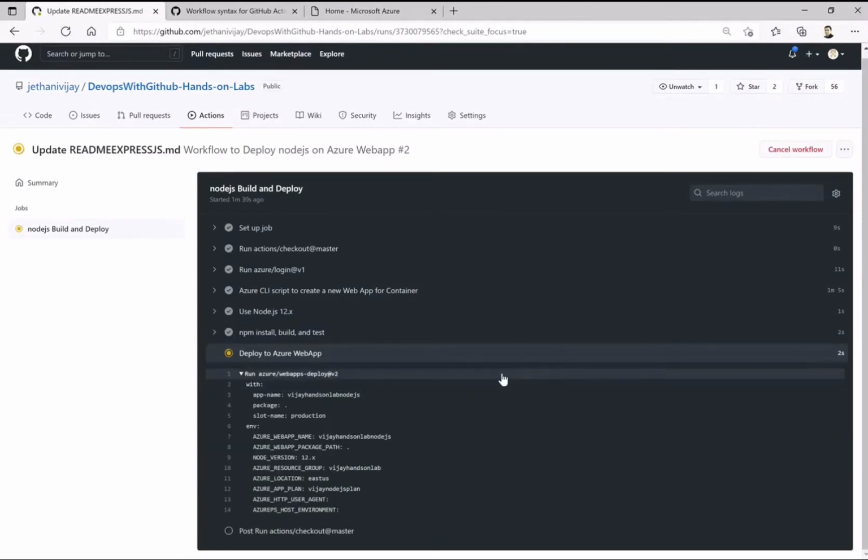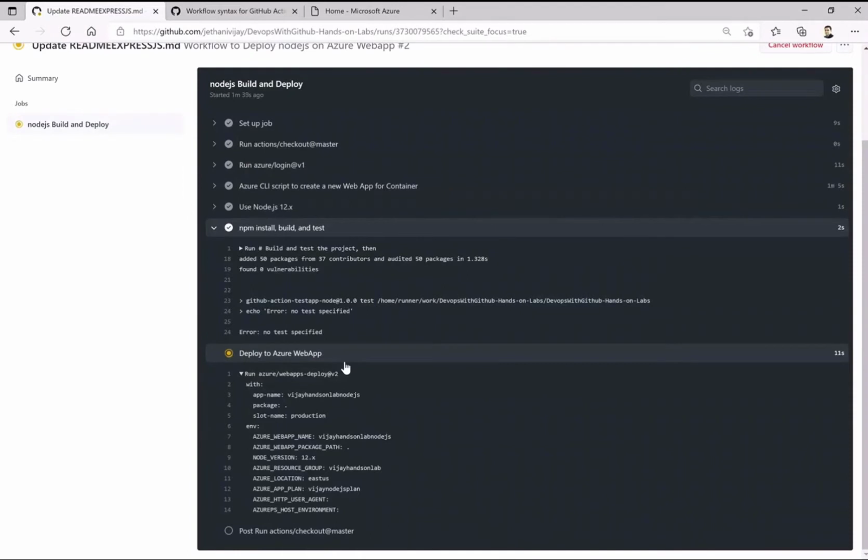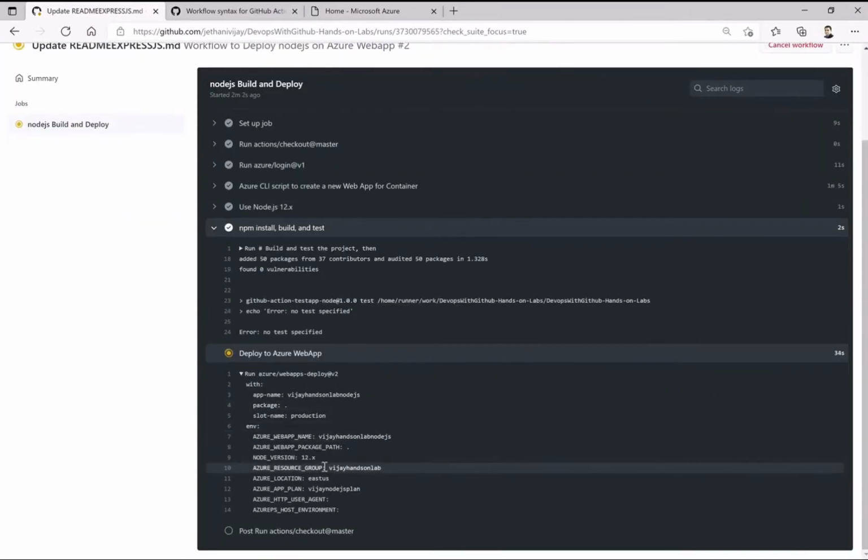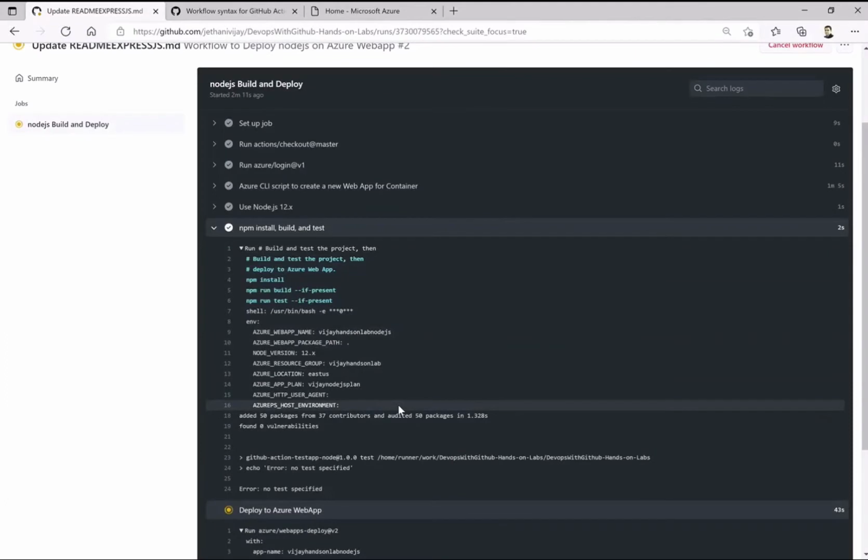Okay, so now I am done with my service creation. Now the next step is to build on that, which it did. It took a little time because that is a smaller code. Next it is going to deploy this to the app service or web app. So let's wait for it to do that. Again, the same path and convention, whatever we have put, you can just go and verify that once you are doing this particular run of your workflow.